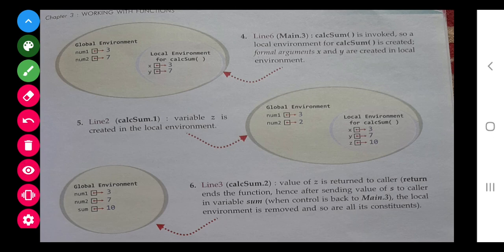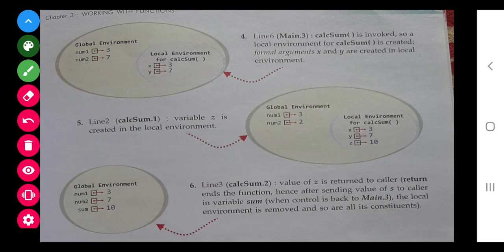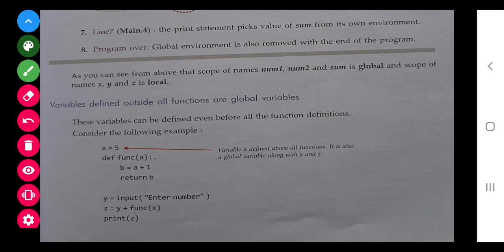Now it is returning the function, you can see that it is returning the z will assign the value of sum. इतना समझ में आ गया होगा. अब finally the print statement will pick the value of sum and the global environment is also removed with the end of the program. अब ग्लोबल एनवायरनमेंट भी ख़त्म हो गया क्योंकि जितना भी यूज़ होना था वो num1 num2 सम जैसे ही प्रिंट हुआ तो सारी की सारी चीज़ें ख़त्म हो गई. तो दैट वाज द थिंग.